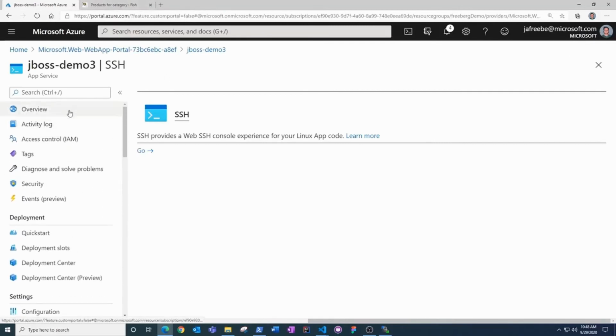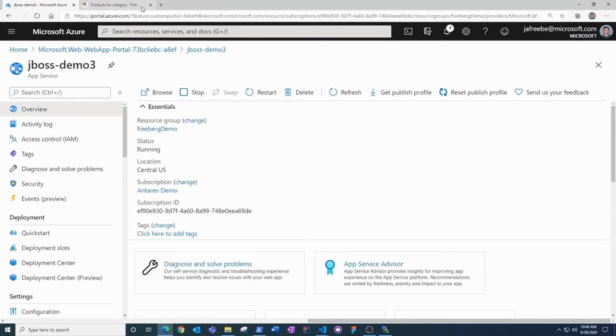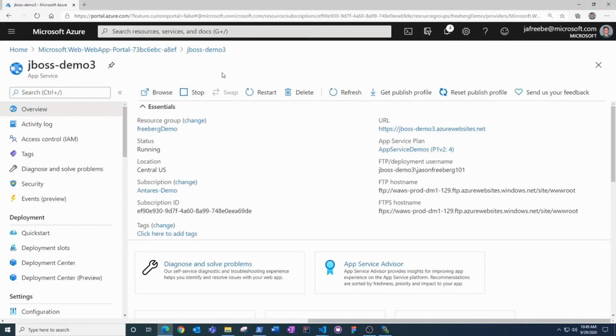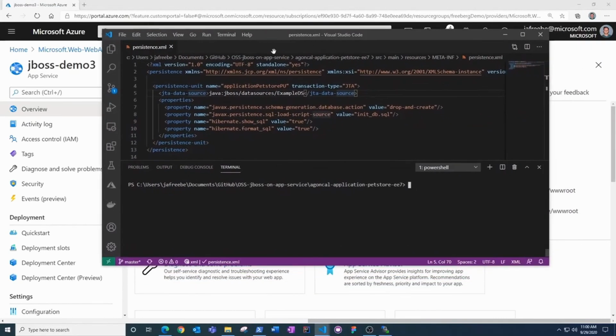And now our next step is going to be to redeploy our application to use JBoss. So let's close the old version. All right, so our next step is to configure our sample application to use Postgres. So here we'll pull up the persistence XML definition file. Before, it was just using an in-memory database called example data source, DS. Now we're going to set this to Postgres DS.